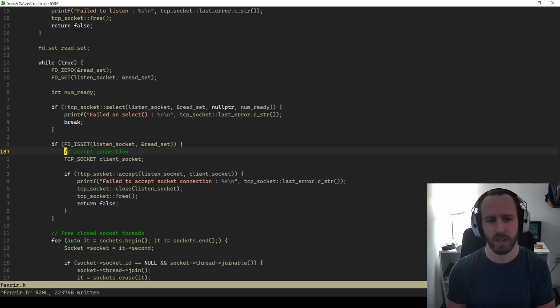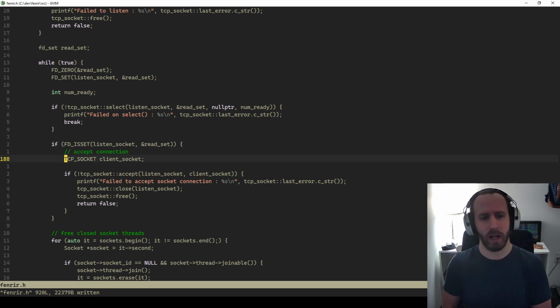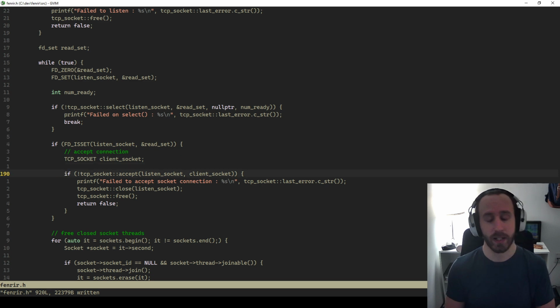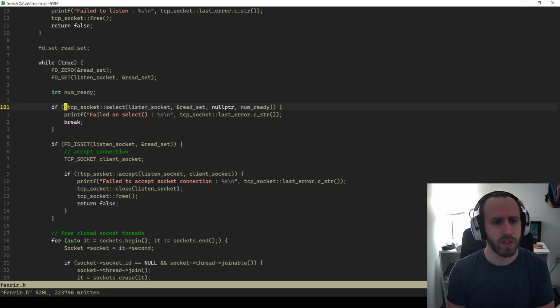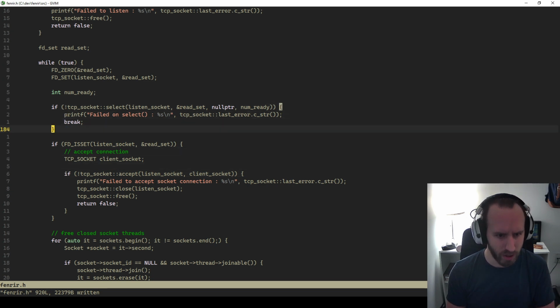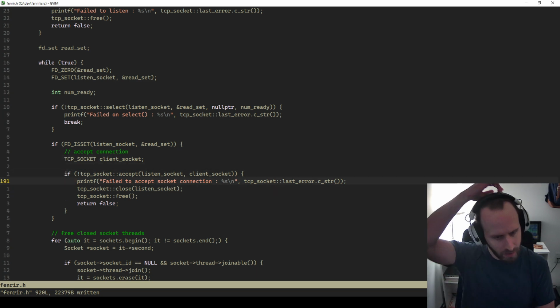Alright, so same thing as before, right? We have our client socket, so now we call accept, and it's a blocking call, but because select told us that it's ready, it shouldn't block, it should return immediately. So we call accept, we now get our client socket. If there's an error with the select, we break out and we're done the whole application. If there's an error on accepting, then